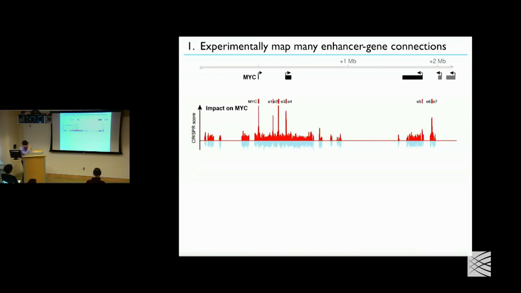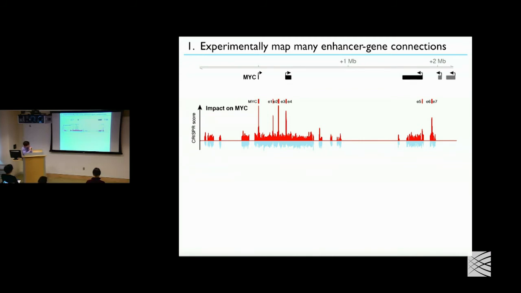And it turns out, if you look across this 3 megabase region, there are 7 specific sites that actually affect MYC expression, which are labeled here. Well, actually 8. One is the promoter itself, so that we kind of expected. But the surprising thing is that there were 7. We didn't know what number we might expect. It could have been hundreds, it could have been 1, it could have been 0. Turns out there are 7. And they are, in fact, spread across a very large region. So these are up to 2 megabases away from the gene, which is quite surprising and unusual.